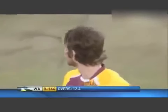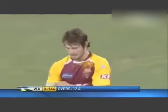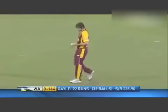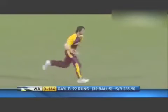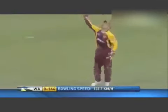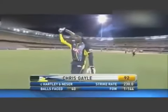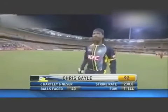92 now for Chris Gayle from 39 deliveries. The record for the fastest 100, 47 deliveries from David Hussey. So he is on track at the moment. Could become just the 5th man to score 100 in the Big Bash. Knees her again, an edge, and Gayle is gone. As he comes to the boundary, everybody and the members here at the Gabba on their